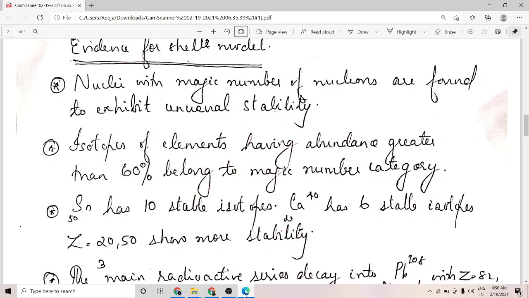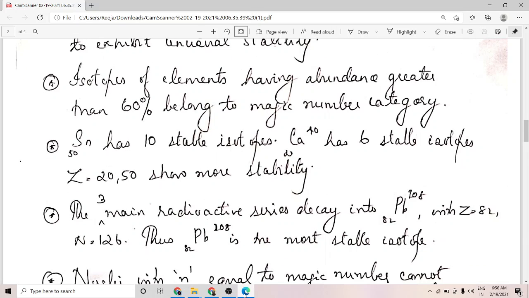So Z equal to 20, 50, etc. show more stability. 20 is a magic number. In the case of calcium, 20 is a magic number, and 20 represents the number of protons, and 40 minus 20 equal to 20 represents the number of neutrons. So, the number of neutrons and the number of protons in calcium are magic numbers. So, calcium has six stable isotopes, because all these isotopes are stable because calcium has a magic number of protons